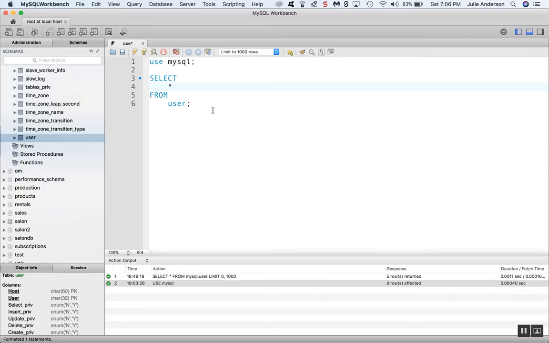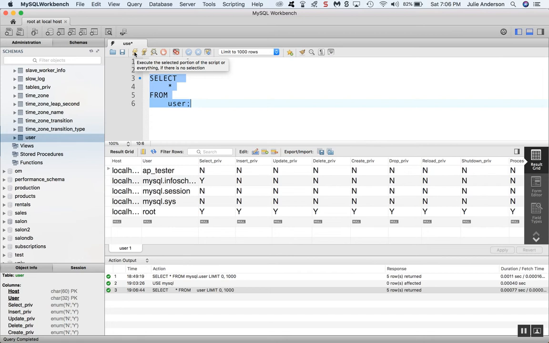Okay, so let's go ahead and run this one. Now again, I don't want to run both of them maybe, so I could do a few different things here. If I don't want to run this statement, but I do want to run this statement, I could highlight it and then run the lightning bolt, and it will only run what is